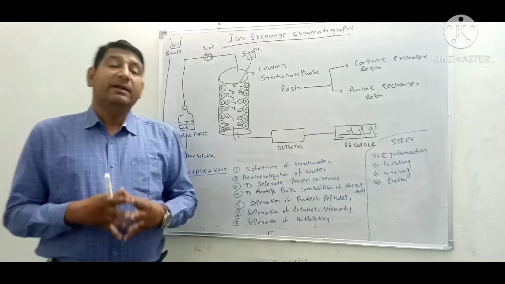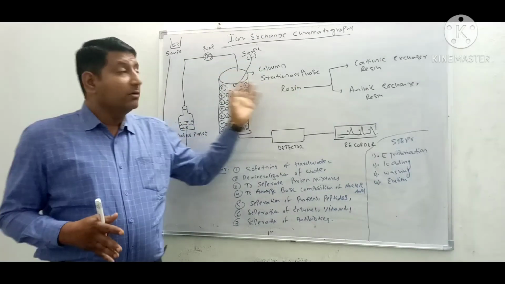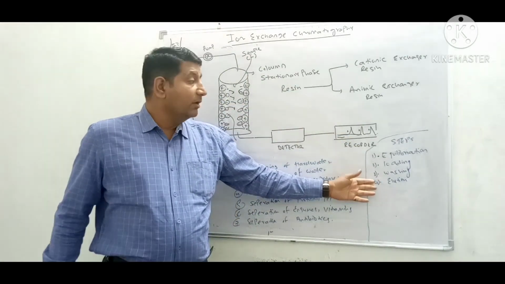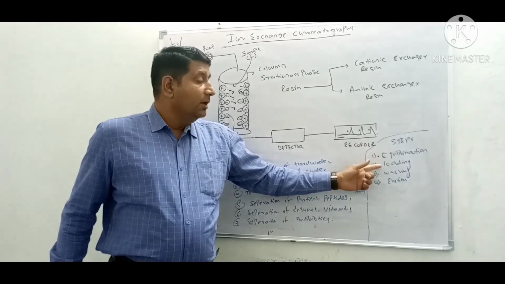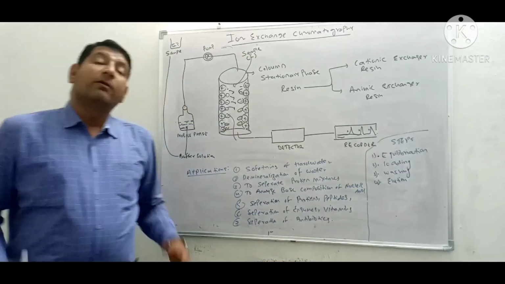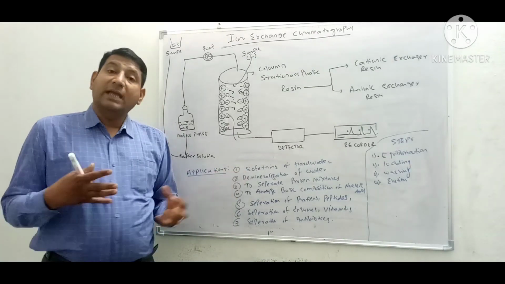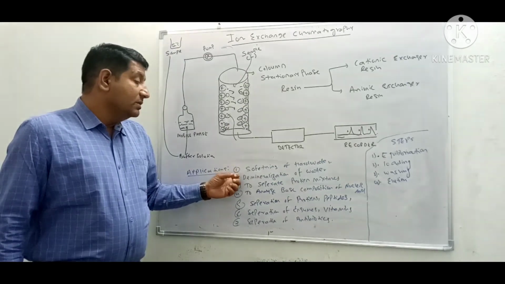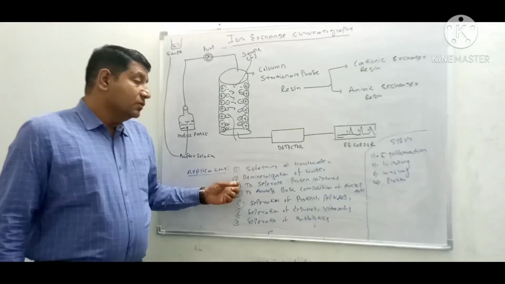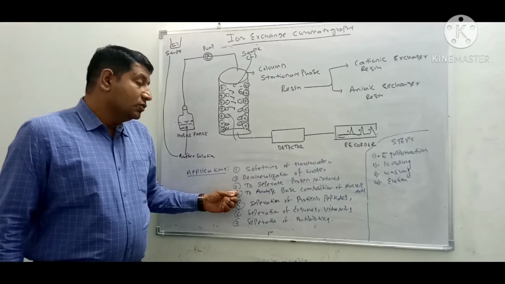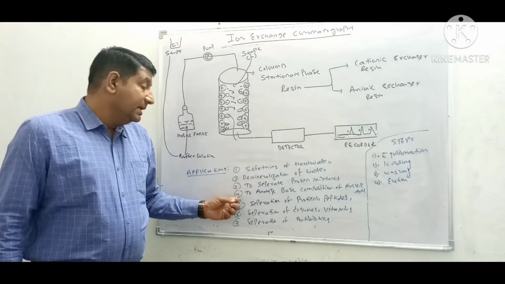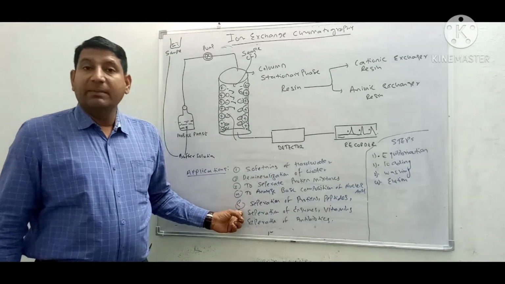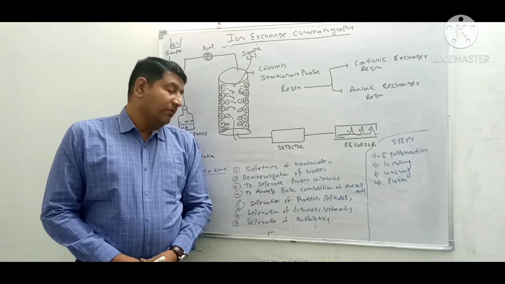So in this video we discussed the mechanism or functioning of ion exchange chromatography and its various steps. The steps are equilibration, loading, washing and elution. We have also discussed the various applications of ion exchange chromatography. It is used in softening of hard water, in demineralization of water, to separate protein mixtures, to analyze base composition of nucleic acids, for separation of proteins and peptides, for separation of vitamins and enzymes, and also in separation of antibiotics.